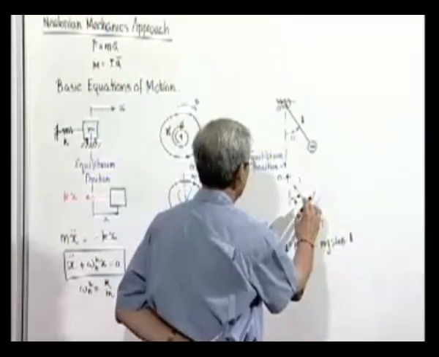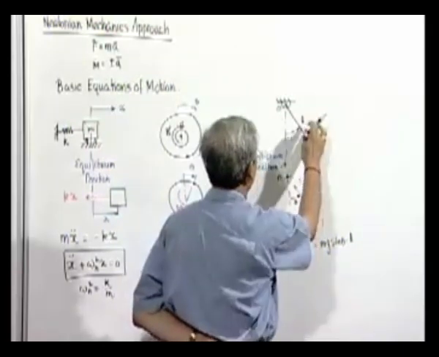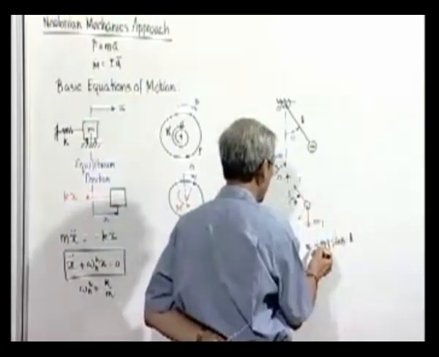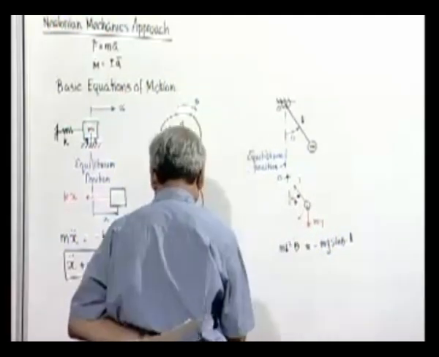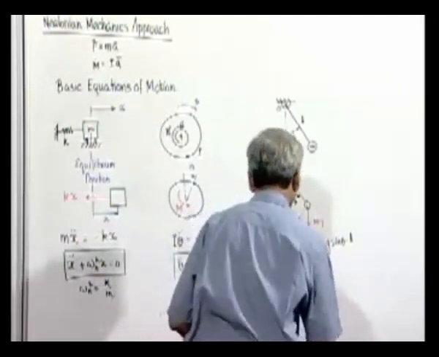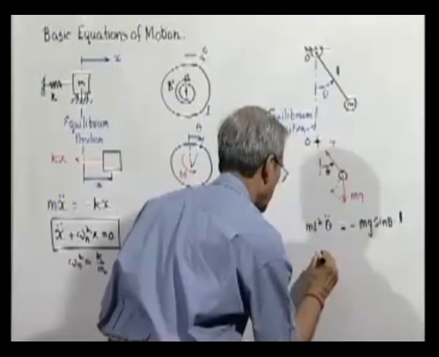And this into the arm length L is the total moment acting in this direction, and putting a negative is because it is minus. So, here again we get the equation in the basic form